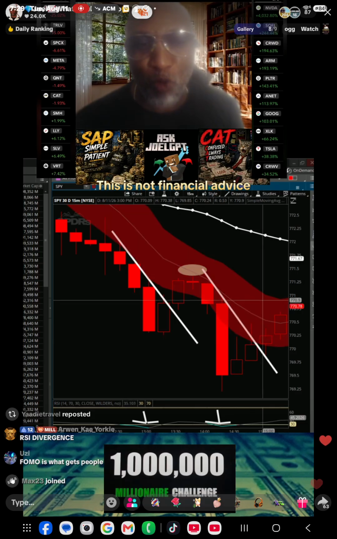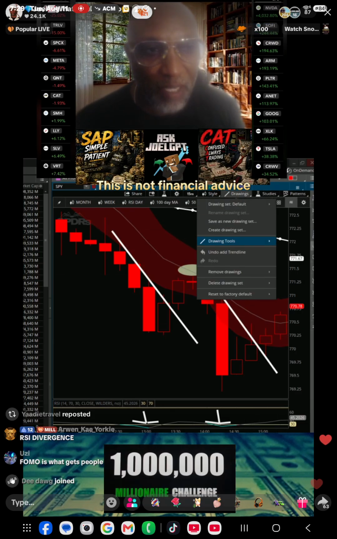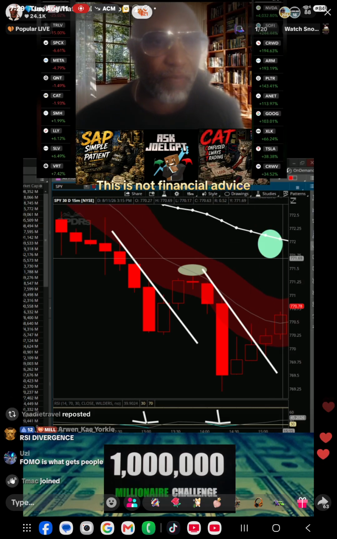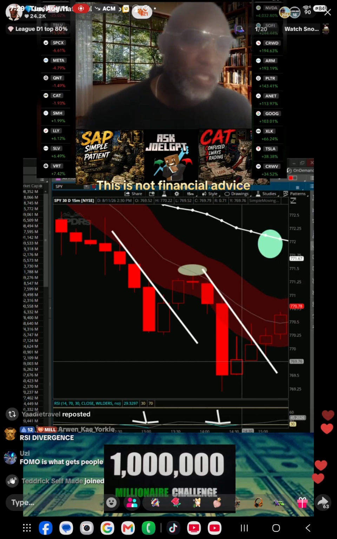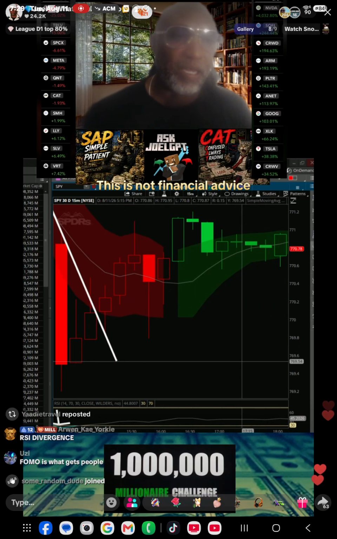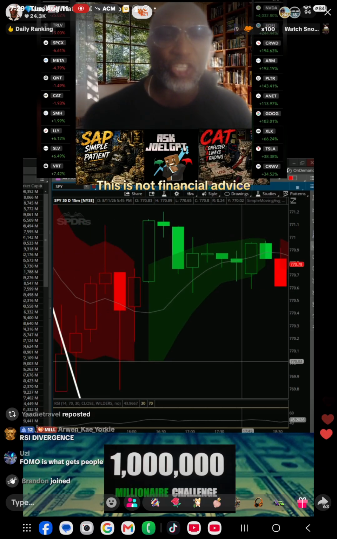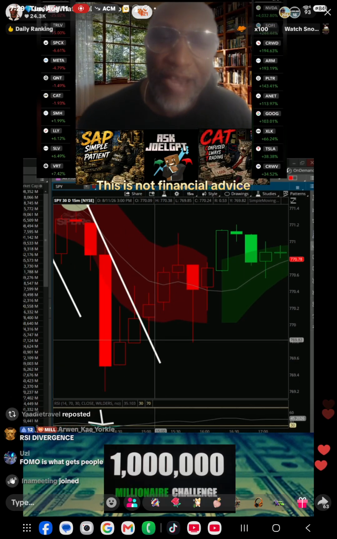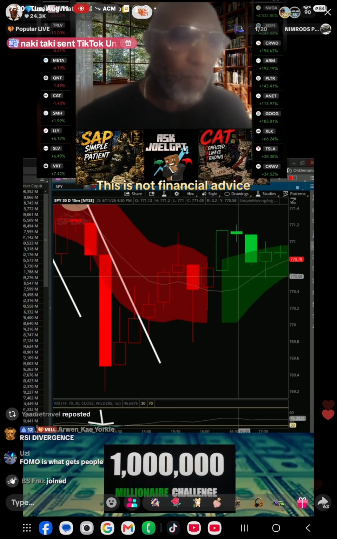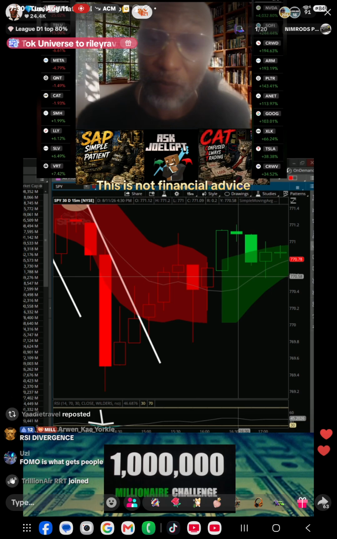If the VWAP is right there, then you're not going to take it. But look at how high the VWAP is. The VWAP is so far away, there's a lot of money to be made. So once it broke that trend, I don't know if it worked, but look at that, guys. Look at that. You got yourself a nice little rip at the end of the day after the market went oversold. We talk about this every day.